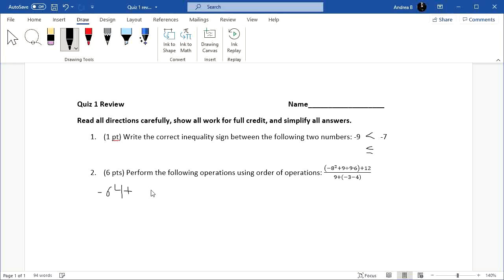Plus, and then if you wanted to, you could in the same step do the 9 divided by 9, since in this case the division comes before multiplication because you go from left to right whenever you're trying to decide whether you do multiplication or division first. So if you do 9 divided by 9 for this step here, then we would get 1. So we'd have a +1, and then we'll have to do the times by the 6, and then we'll still have the +12 at the end. We'll keep our parentheses here,